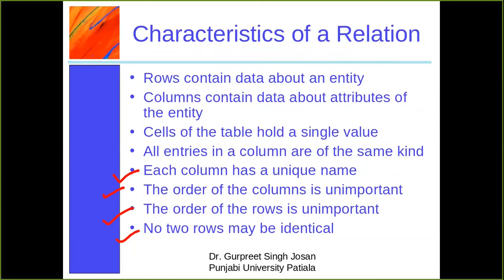So all the columns and all the rows are not ordered in any table by definition. But when you implement them in a hard disk or in the computer system, then ordering is there. There is some order that is followed. The ordering of the columns as well as the rows is there, because when you are storing the data on the tracks, you have to store something at the first location, then at the second location, then at the third location. So ordering is there by default, but mathematically that ordering does not matter.